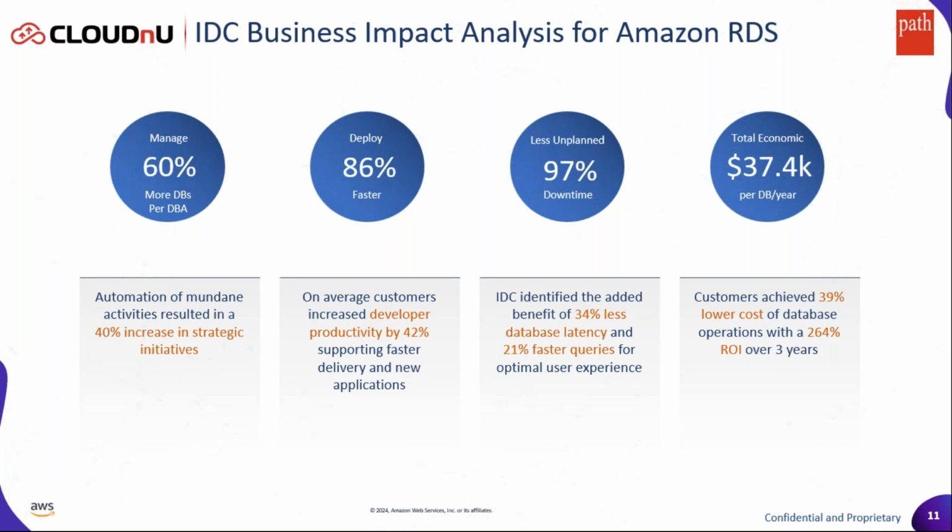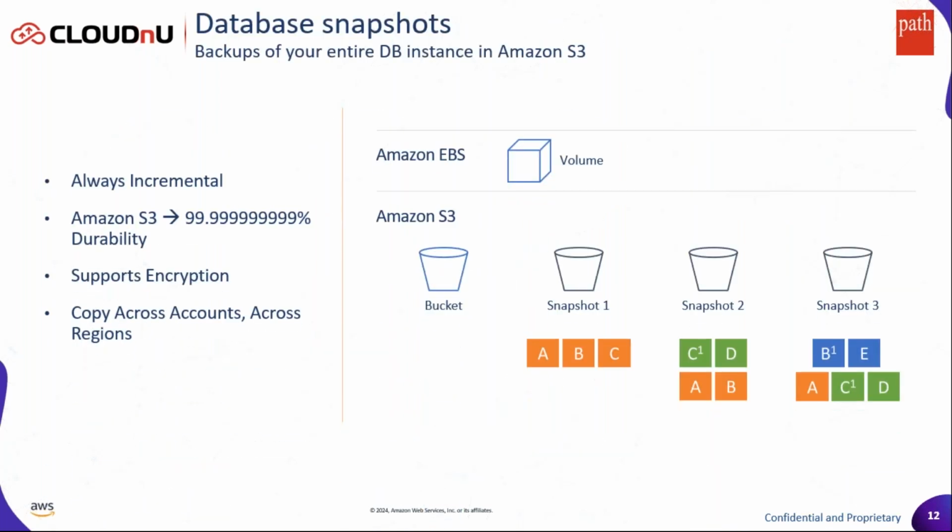So Levent, if you move to the next slide, some of those features are really useful, and that's where you save time and improve your resiliency. Snapshots is a very good example, right? It's not really that fancy, but when we talk about database professionals, backup and recovery is a very critical function, both for managing the data as well as application resiliency, right? If the database goes offline, you should be able to recover without any data loss. And the way we do that in RDS is through database snapshots.